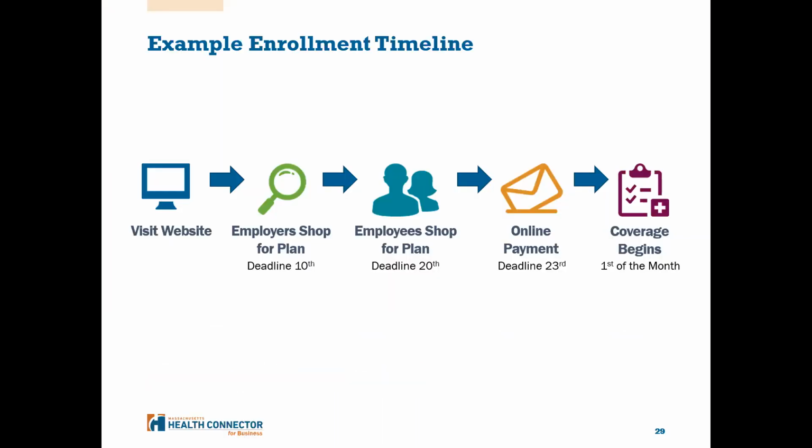So now that you've heard all this great stuff, you're probably wondering, okay, I'm a small business and I have at least one employee who is not myself, who might need health insurance. How do I go ahead and get started? So it's very easy. Everything's online. I think I've stated this a couple of times. So you would just come to our website,